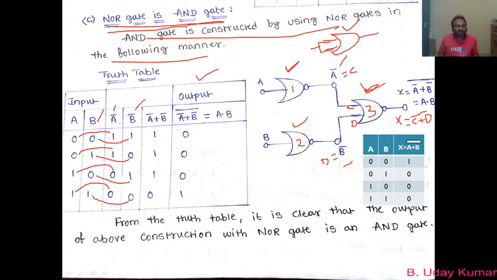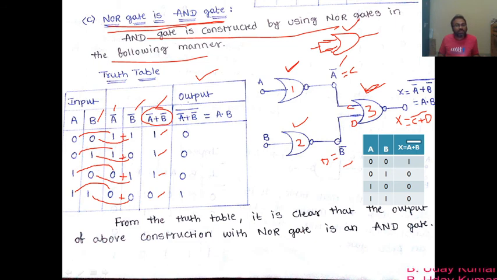Since we already know A bar and B bar, now I want A bar plus B bar. So how do I find A bar plus B bar? You already know this is nothing but the output of an OR gate, right? If the inputs of an OR gate are A bar and B bar, the output becomes A bar plus B bar. So apply the truth table of the OR gate now. You know that 1 plus 1 is 1, and 1 plus 0 is 1, and 0 plus 1 is again 1, and 0 plus 0 is 0. So this is A bar plus B bar. This is what I have found here in this column.